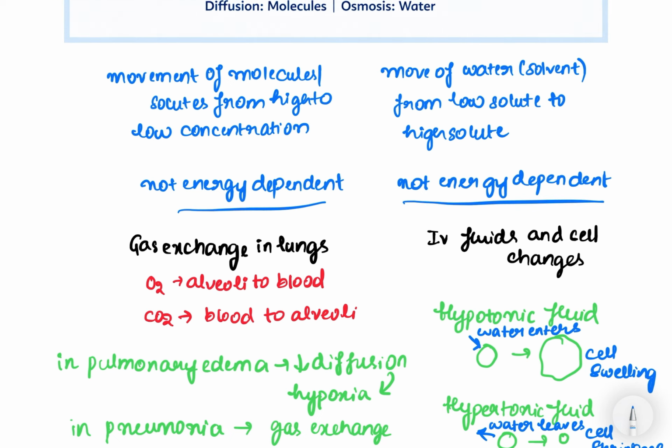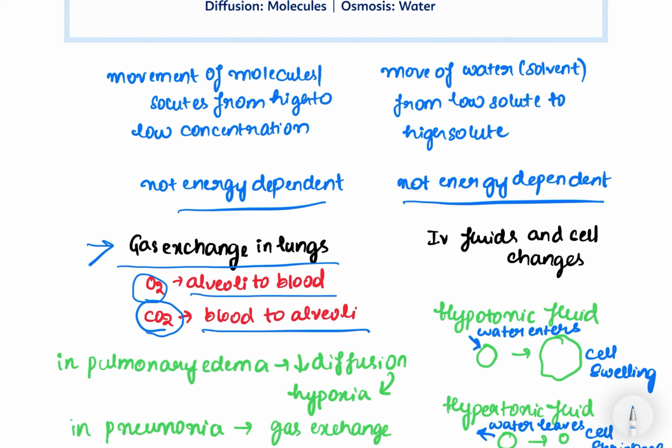So let us see the examples of osmosis and diffusion. So first diffusion, the main example is gas exchange in the lungs. So we know the oxygen concentration is highest in the alveoli. So the oxygen moves from alveoli to blood, that is high concentration to low concentration. And the carbon dioxide concentration is more in the blood, so it moves from blood to alveoli, which is low. There the gas exchange takes place and the carbon dioxide will be released outside and the oxygen concentration will be